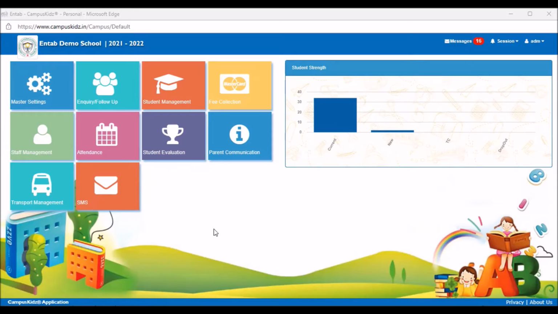In this video, we're going to see how to set up a new academic year. This is basically done at the end of every academic year before you start the new year. In this example on the top screen, you can see that it is the year 2021-22. When we are reaching the end of the year, you need to set up the next academic year, which is 22-23. So how do you go about doing that?